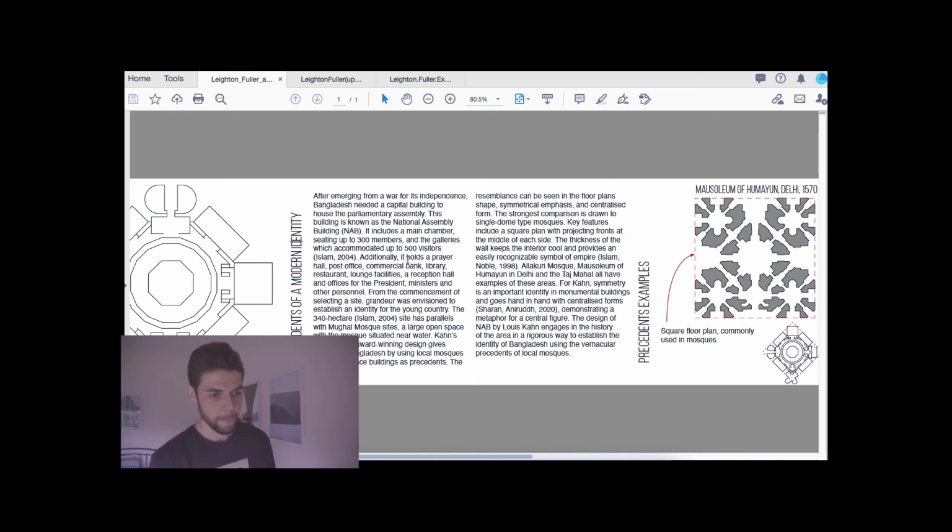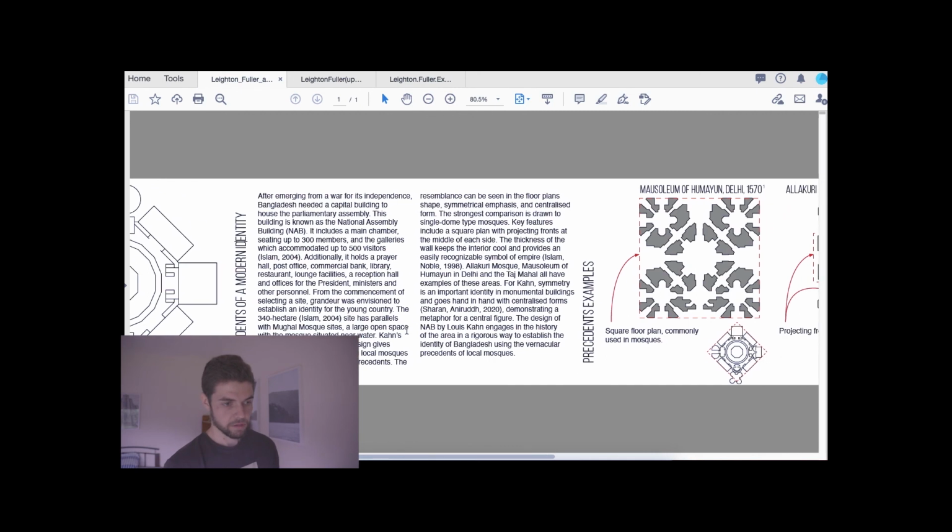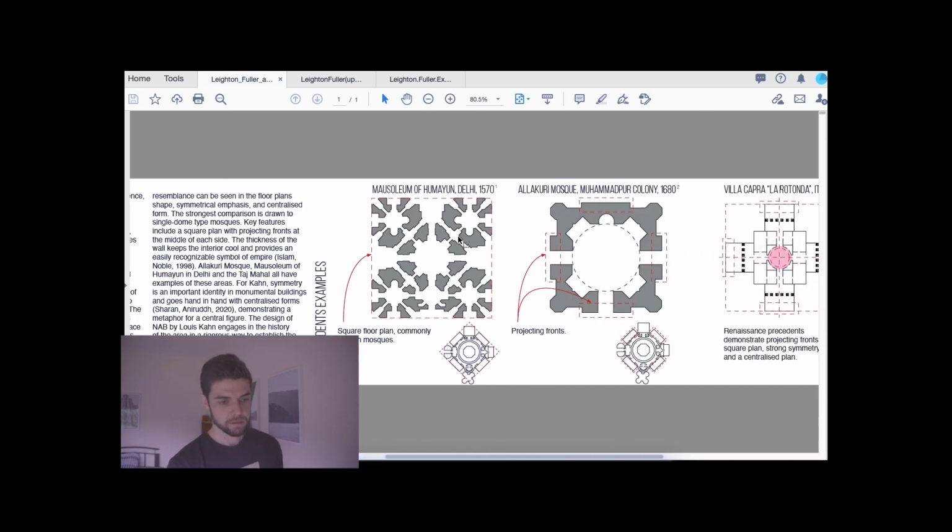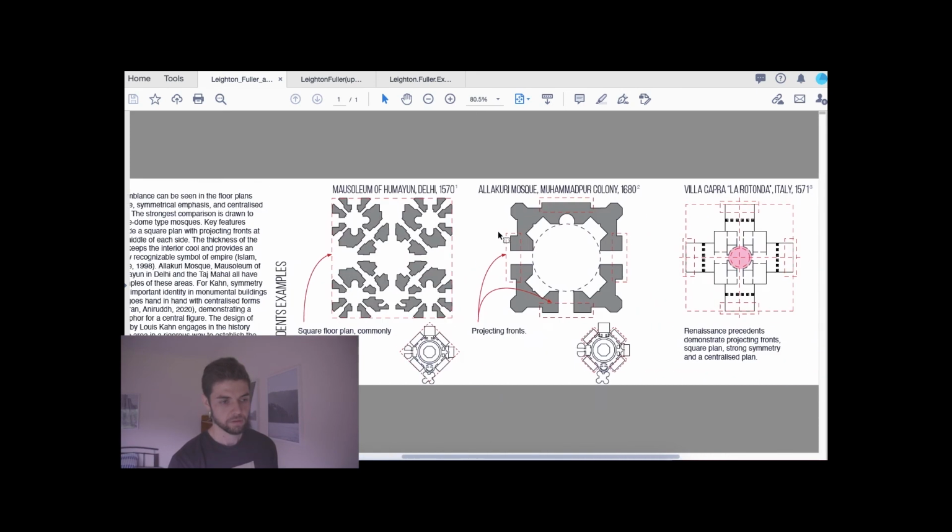It's just an introduction to the building, how I've related that to a lot of Mughal mosques that are a few hundred years old, and then I've also found precedents in Renaissance buildings like St. Peter's and another one as well, La Rotonda, and then how I've found the key ideas of those buildings, such as the square floor plan, centralized form, protruding fronts, and symmetry. So yeah,